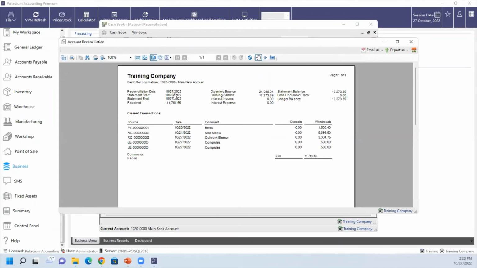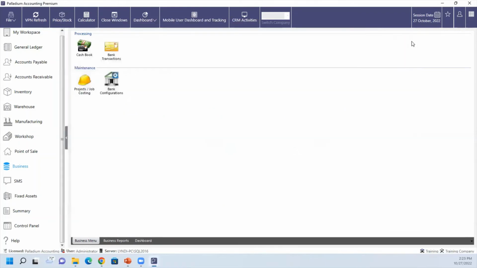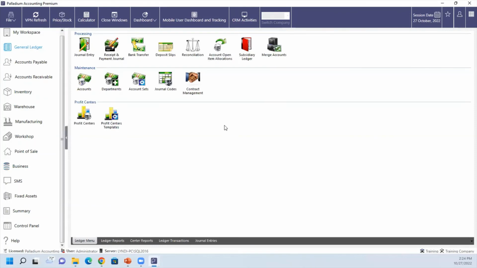And it'll show you what was your recon date, exactly what your opening and closing balance was, and exactly what went through your bank. And in this case, you can then double check and attach this to your actual bank statement for auditing purposes. Okay. Then also when we get to the general ledger,